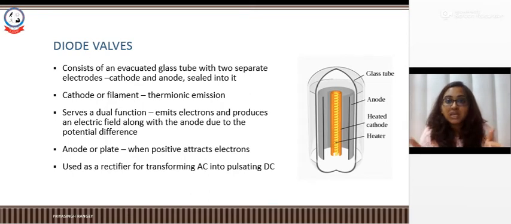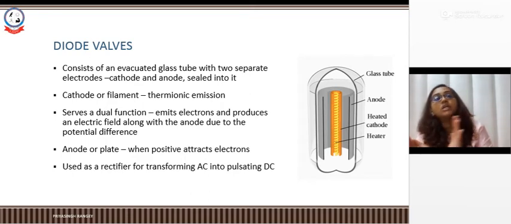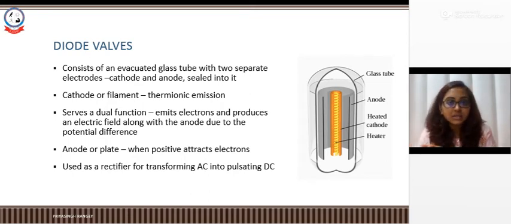That's why we say that it is going to cause only a unidirectional flow of current. You cannot have the flow of current from anode towards cathode. You only have the flow of current from cathode towards the anode, because the anode is cold. It does not possess the property of thermionic emission, and secondly, in order to release these electrons, it needs to be heated, but the anode here is cold, and hence you have only a unidirectional flow of current.